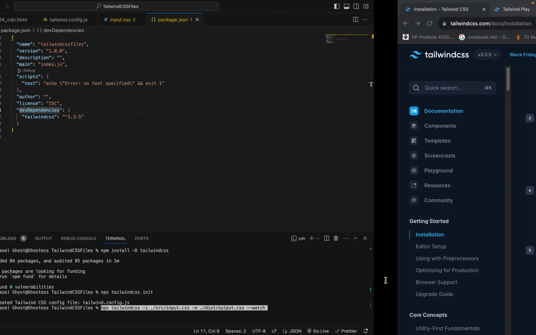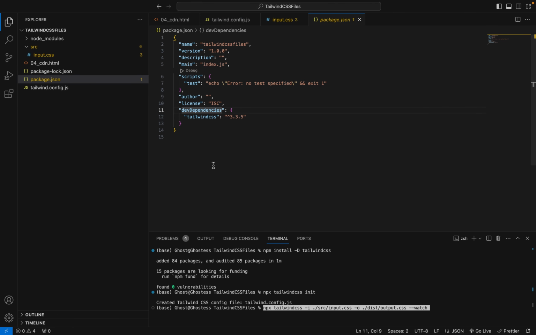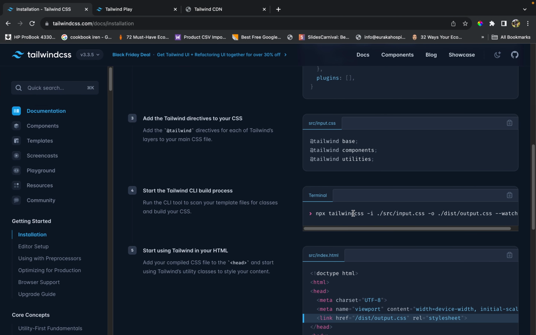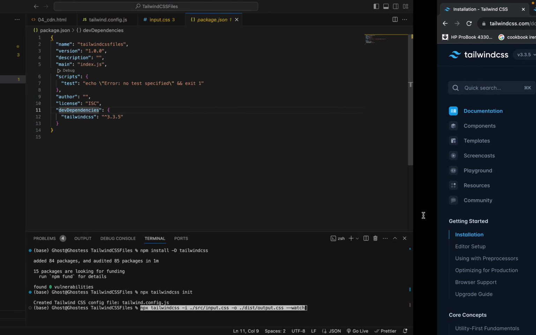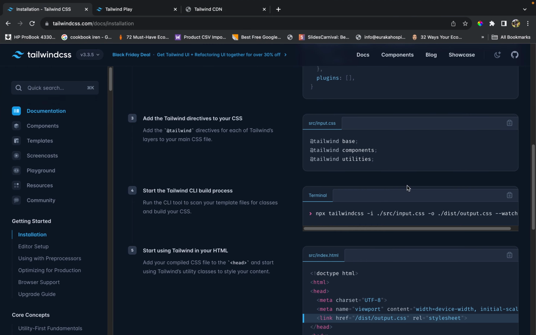Now before I run this command, what it means is you're just telling the Node package manager that in Tailwind.css the input folder is this. The i represents input, so it's the source folder input.css, which we have created here. You see, the source folder input.css, and then the output folder, which is -o, is under distribution, then output.css, and